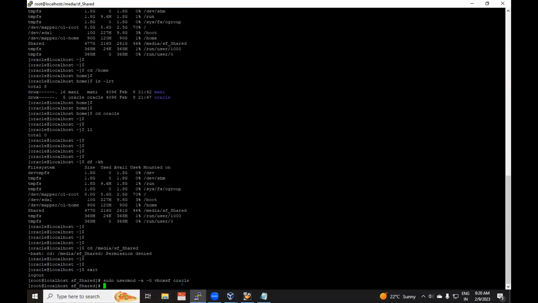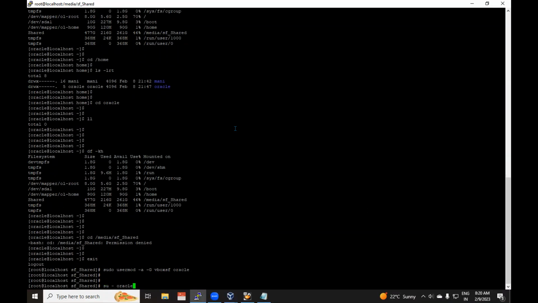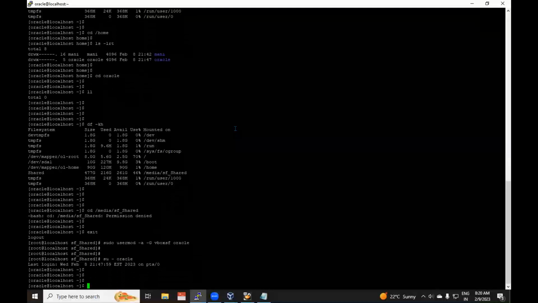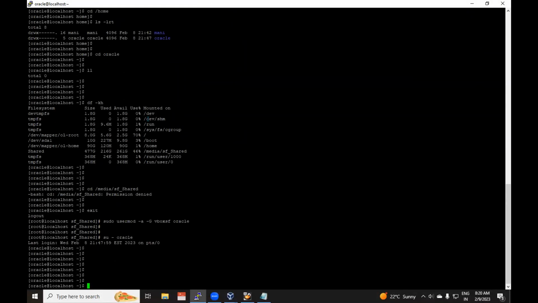Yes. Okay, done. Now let me take the control. Now I'll again go to the Oracle. So it doesn't ask for the password, right? Whenever connecting to the other users from root, it doesn't ask. But whenever you connect to the root from any user, it will ask the password. Since the root modifications should be done by, like, the permission should be granted by root. Yeah, all administrative things, user management needs to be managed by root.